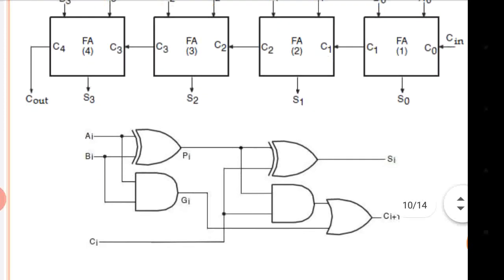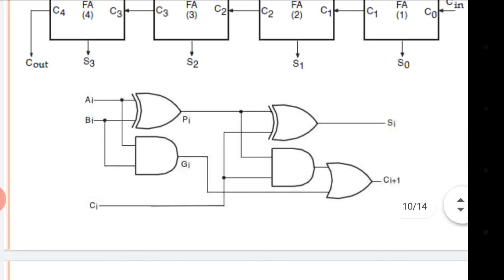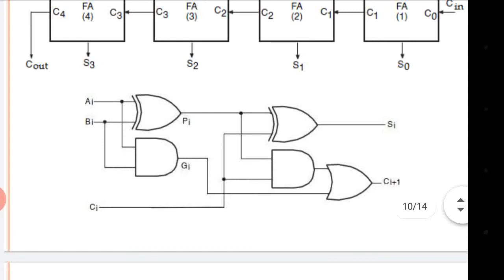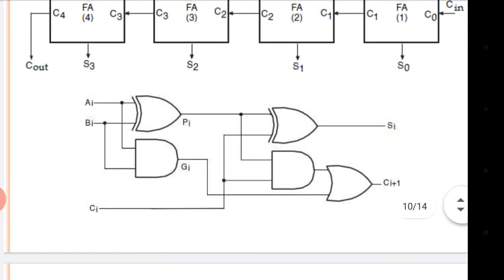Yes, the same diagram is drawn over here. If you observe this diagram, this is a full adder using half adder circuits. Two half adders are there and finally a full adder is generated. Pi and Gi are the carry propagate and the carry generate. Just by observing this diagram, you can say Pi is Ai XOR Bi and Gi is Ai AND Bi. Remember this because we require this further.